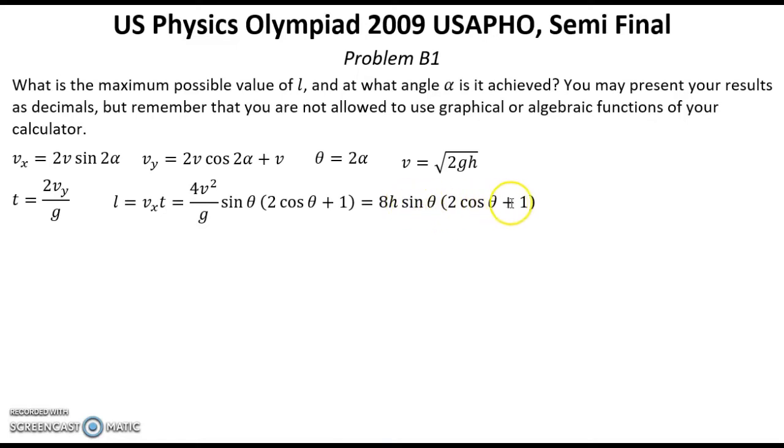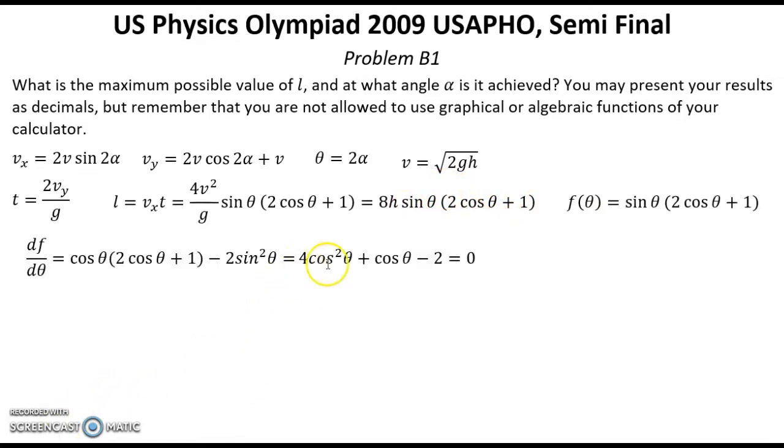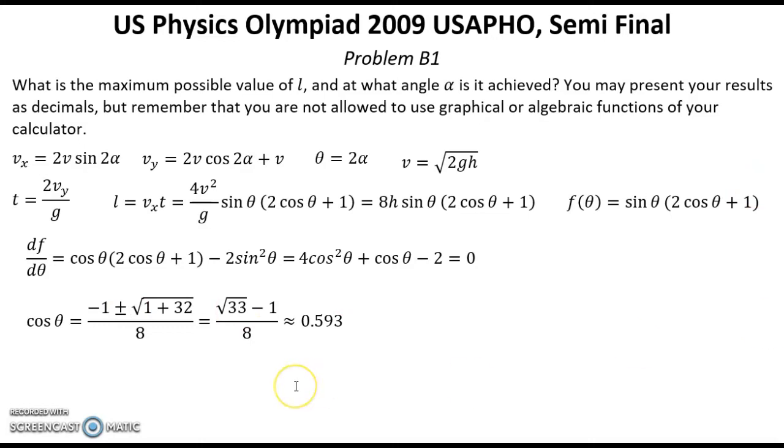So we need to take the first derivative with respect to theta of this function and set it equal to 0. That will be a quadratic equation in cosine theta. We can solve this, and the solution is this one. Of course, only the positive sign is acceptable. The negative sign would mean that alpha is going down, and that is not our case. And approximately cosine theta equals this expression,